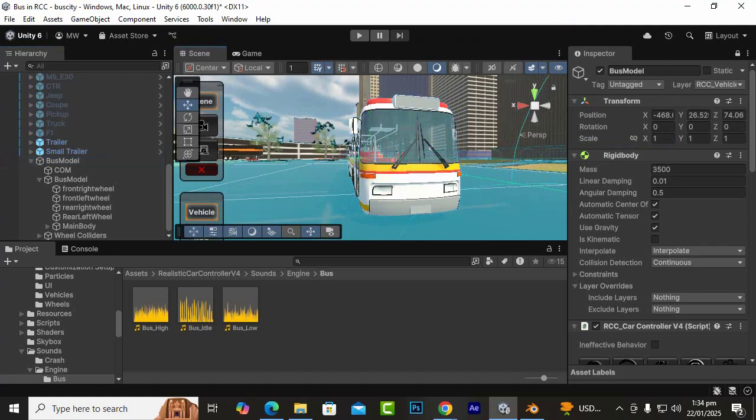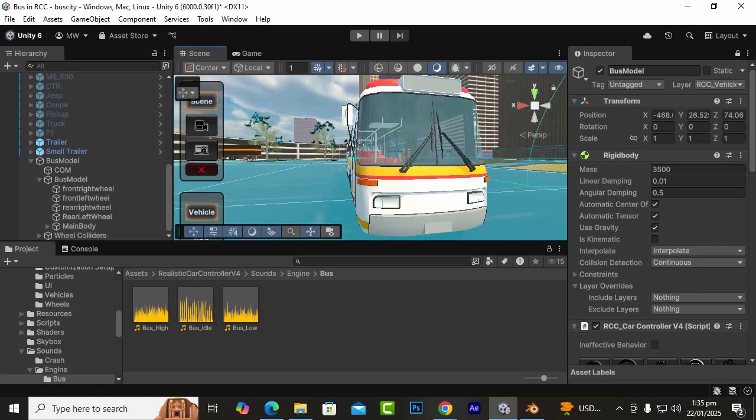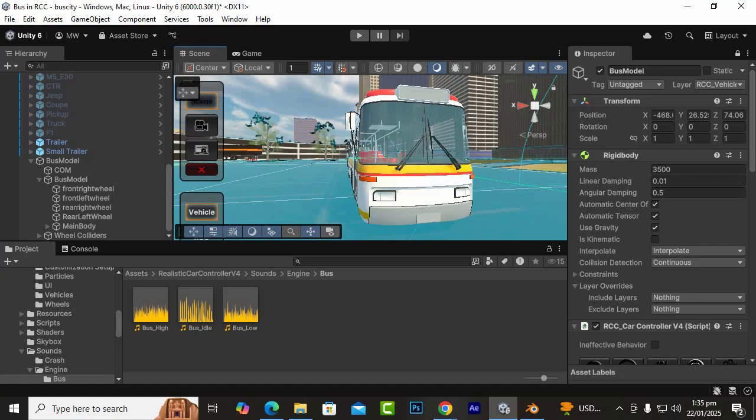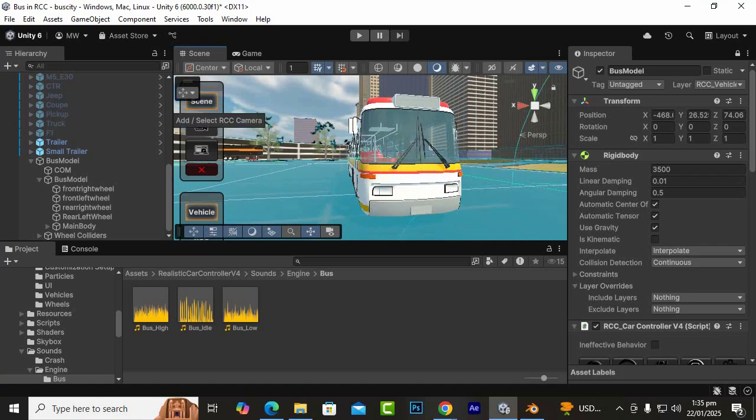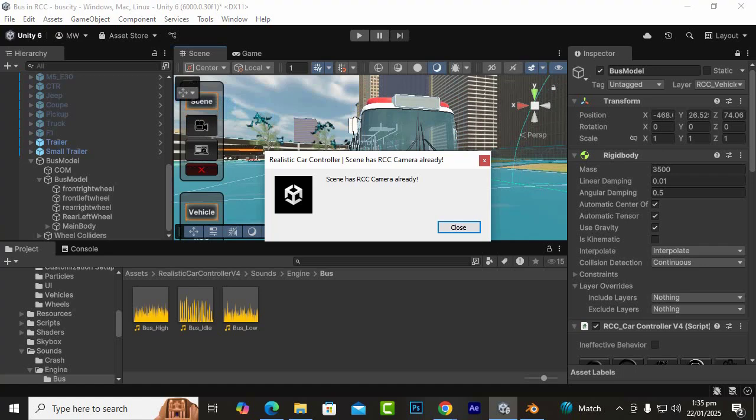Now you can see that we have in-scene buttons. I can just collect. Okay, so what is the scene, and then this is the camera. So let's click it. Scene has already have a RCC camera,